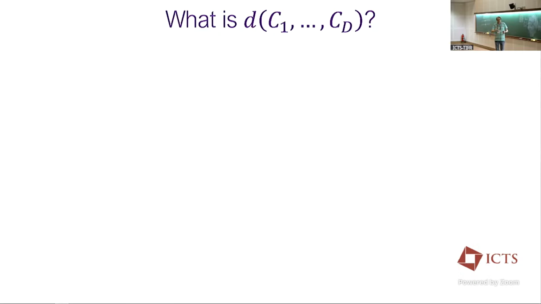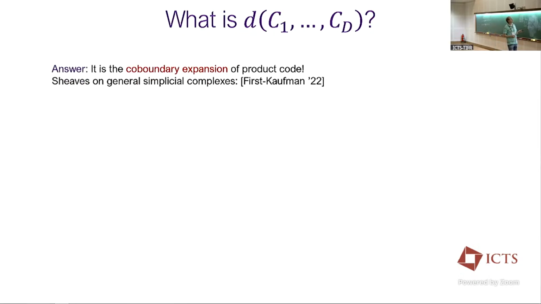And it turns out that this is exactly the co-boundary expansion that I showed you previously, but applied to the situation when you have a simplicial complex, but you have some codes defined on this simplicial complex. So it's a very simple and natural generalization. In fact, you can